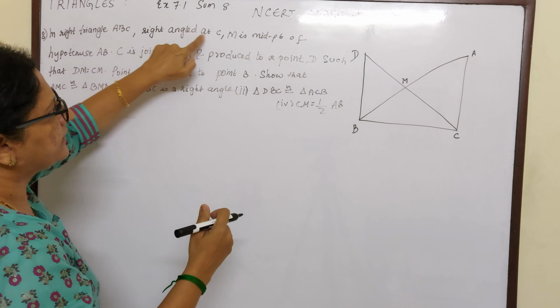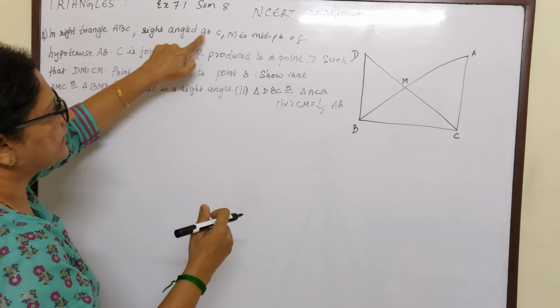So this information says that angle C is equal to 90 degrees, right angled at C. M is the midpoint of hypotenuse AB. That means M is the midpoint of AB, that means AM is equal to BM. So this is also given: side AM is equal to BM. And then in the last they have given that